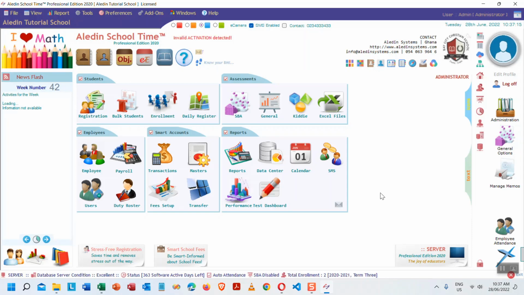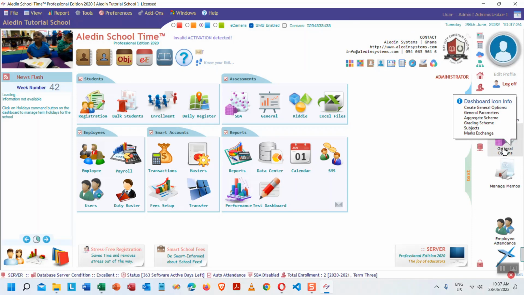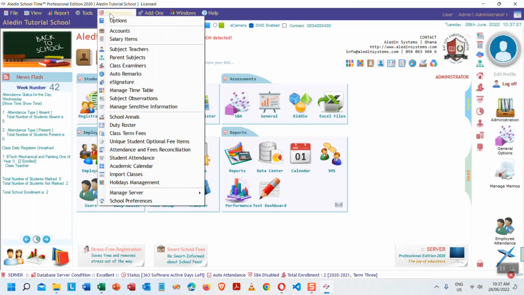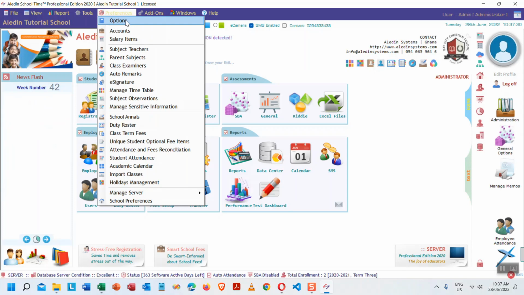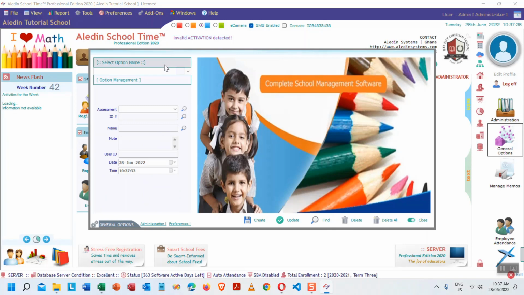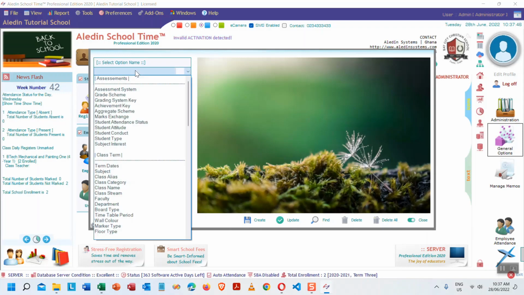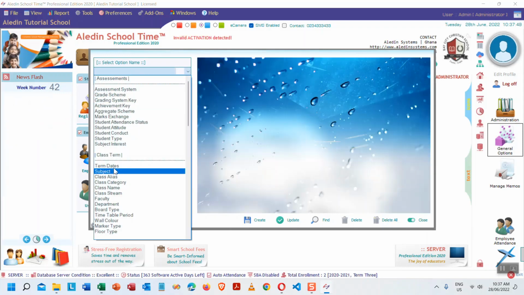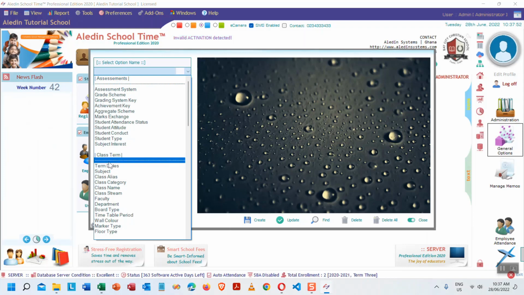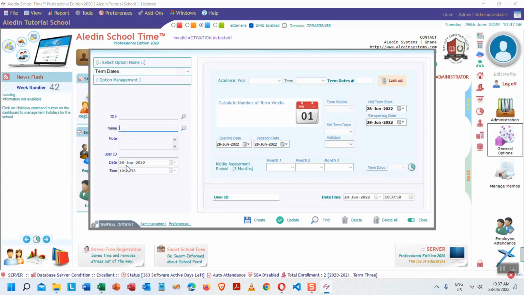So to do that, you go to general options. You can also have it under preferences, options, or you click general options. When you click general options, you have access to the general options form. Here there is a drop down, select option name. You click in it, and then it will say term date. So you click term dates,